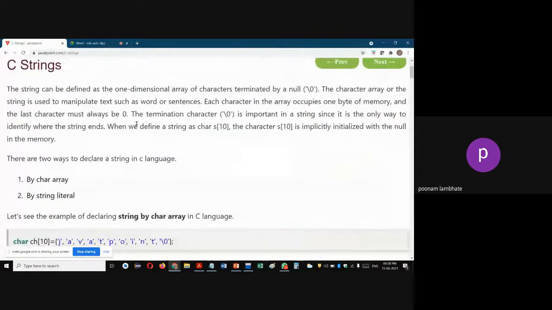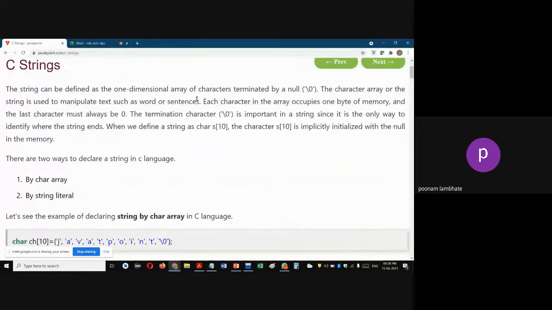this one. The string can be defined as a one-dimensional array, but if you are using it as a string, you must terminate it with a null character. Now, what is this null character? In C language, the compiler understands that a string is finished or terminated as soon as you get this null character. For example,